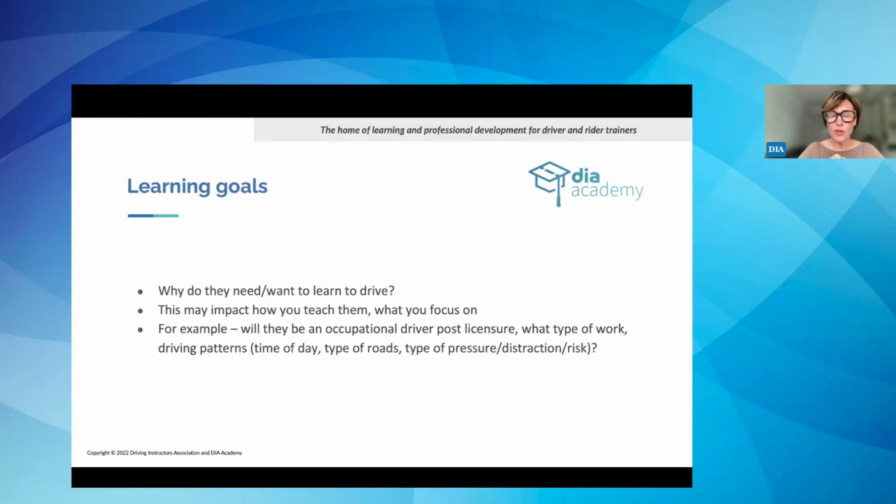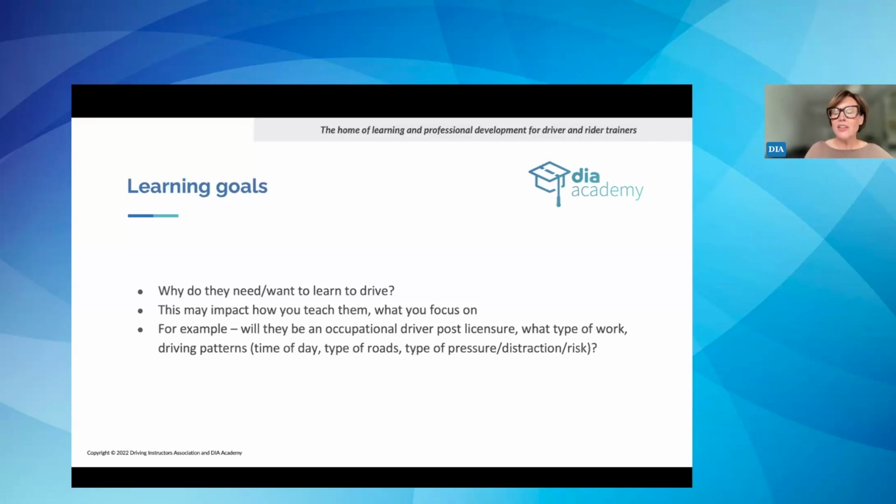If they are just your archetypal 17-year-old whose first learning goal is to be able to go to the McDonald's drive-thru with their friends as soon as they get their license, there may be things that you automatically will want to shape their learning journey towards in terms of both their needs and wants, but also the risks of the type of driving they're going to be doing. But they may be somebody who is going to McDonald's on a regular basis because they're a part-time shift worker at McDonald's. That means they are commuting to work, and that brings with it a layer of further responsibility and risk as a road user.